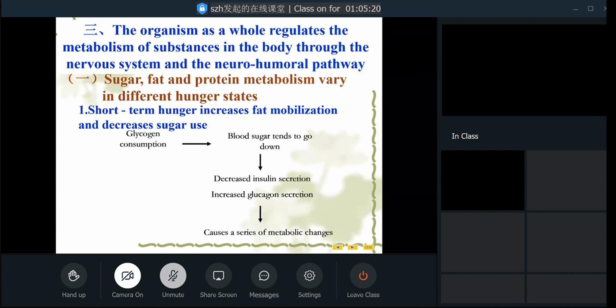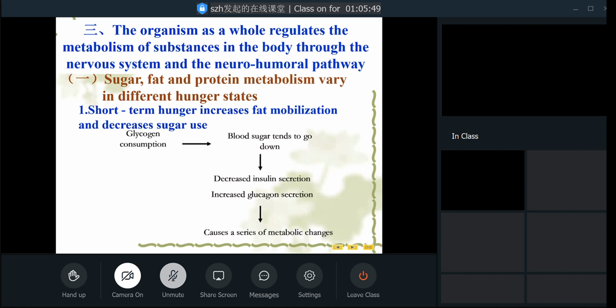So here you can see the organism as a whole regulates the metabolism of substances through the nervous system and the hormone pathway. So for advanced organisms, sugar, fat, and protein metabolisms vary in different